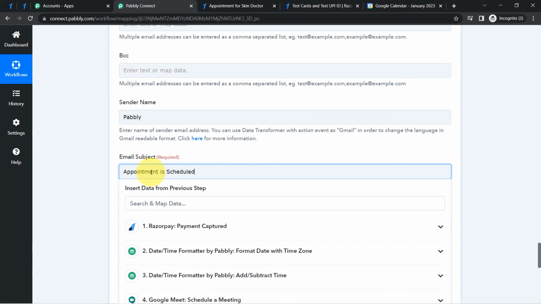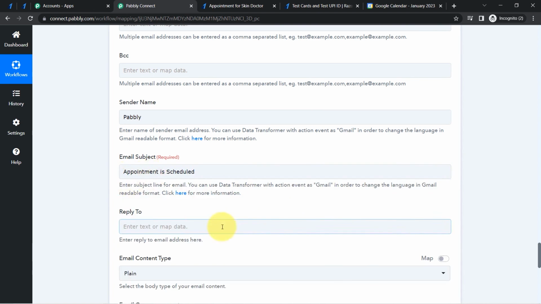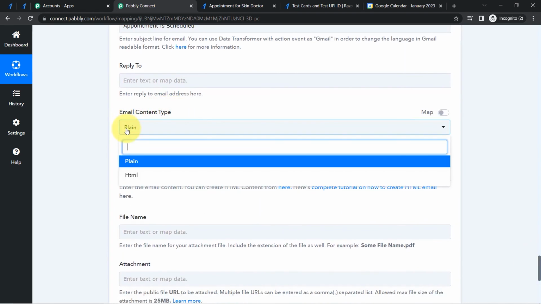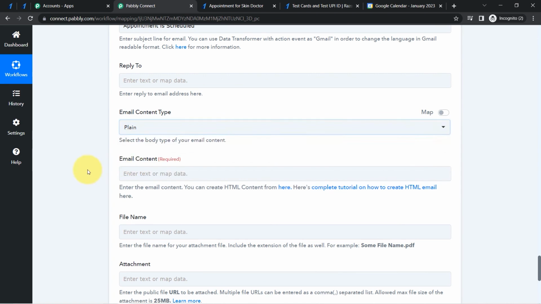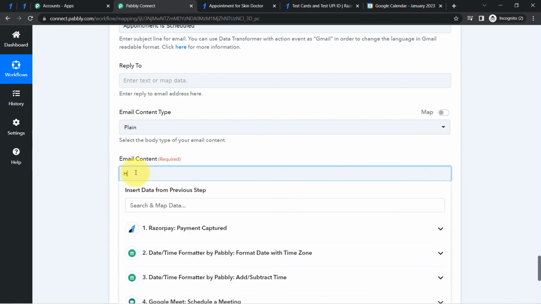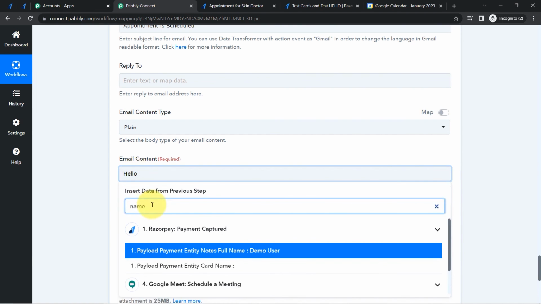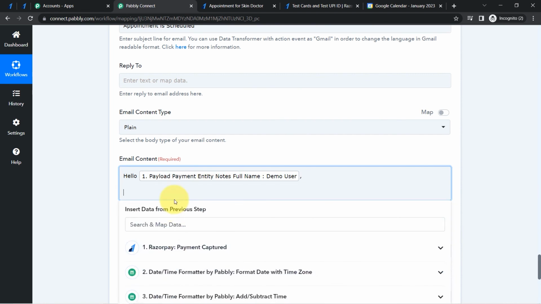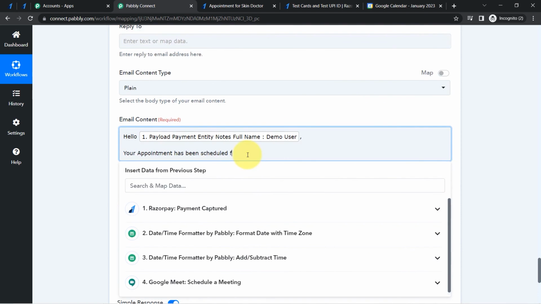Okay, this is going to be the subject line, and here reply to will be blank. All right, it is asking for the email content type, so I'll go with the plain email only. Finally, it is asking for the email content, so here I'm going to write hello, and here I will place the name of the person, which will replace automatically: hello demo user, your appointment has been scheduled for,